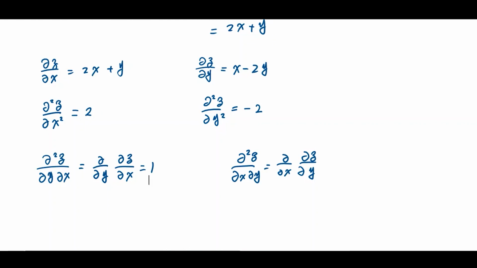And will the other one be the same thing or not? Well, let's find out. The other one, we have done this with respect to y first, then we take a derivative with respect to x now, and thus,